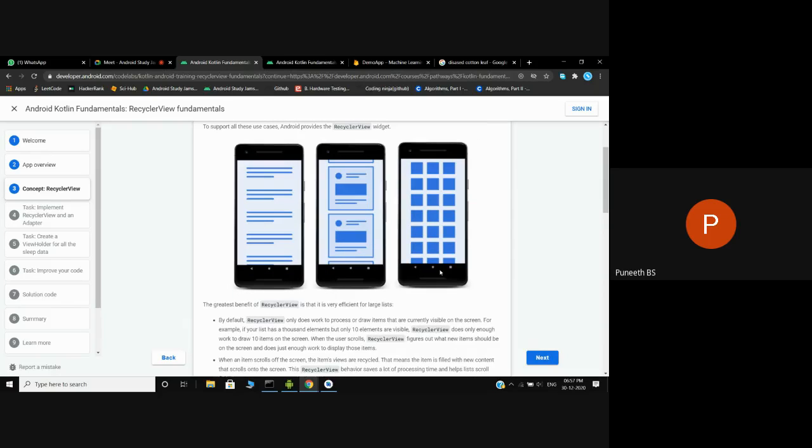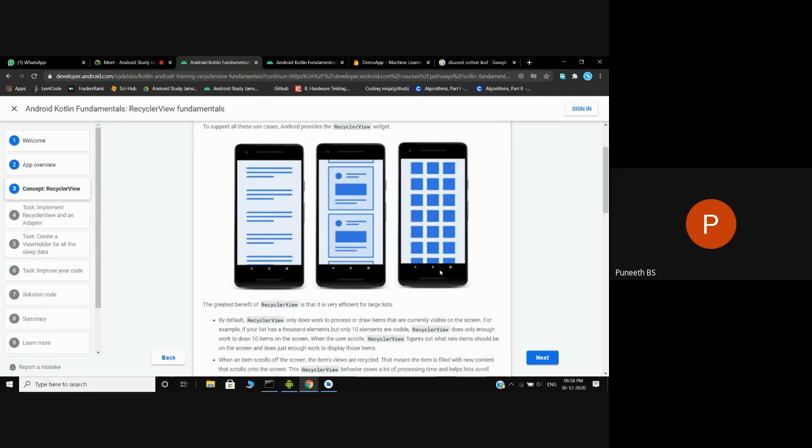Whenever you must have seen it, I'm not giving you the perfect official definition, but I'm giving you the example of Instagram. It's similar to Instagram. You'll be just scrolling down the photos, the pics. Actually, in Instagram they use recycler view, but I'm giving the example of list view. You keep scrolling down the objects, sorry, pictures. So as I said, if you want to display 100 images on your mobile, then you have to